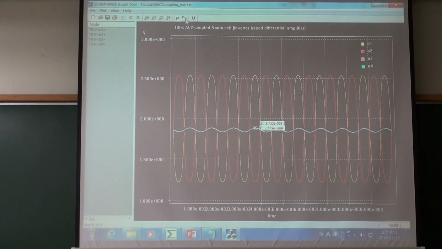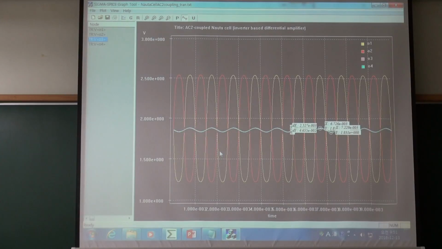Oh, I can use this thing. O3. Do I have delta? How come I don't have delta? Looks like somehow I cannot see my delta. I should have dy. I cannot eliminate it. Okay. Anyway,